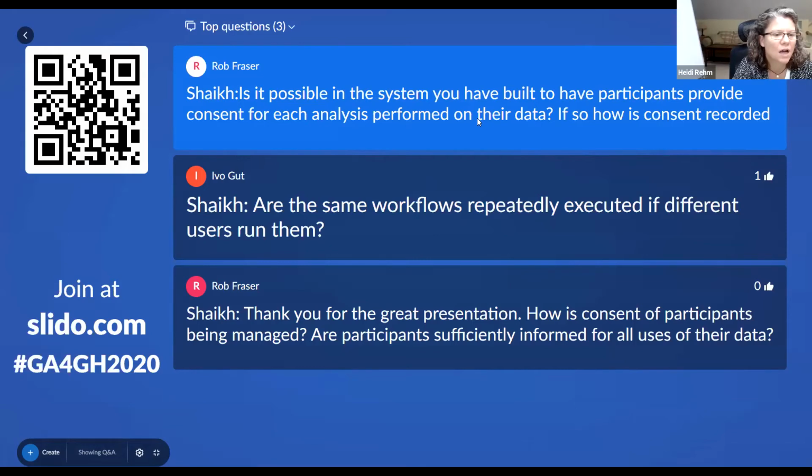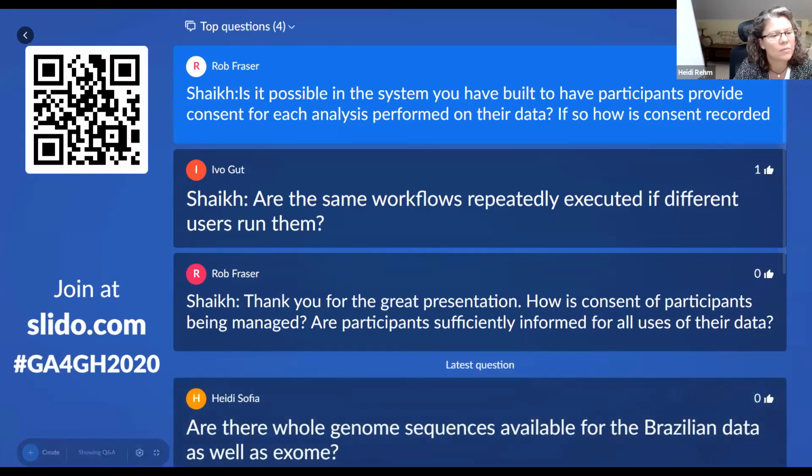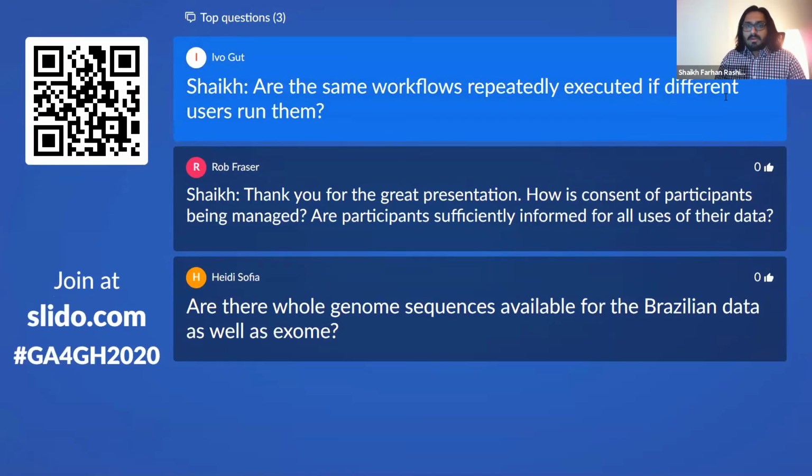Great. And are the same workflows repeatedly executed if different users run them? So in regards to workflows, they are executed in a number of different ways. One can be for interactive analysis.